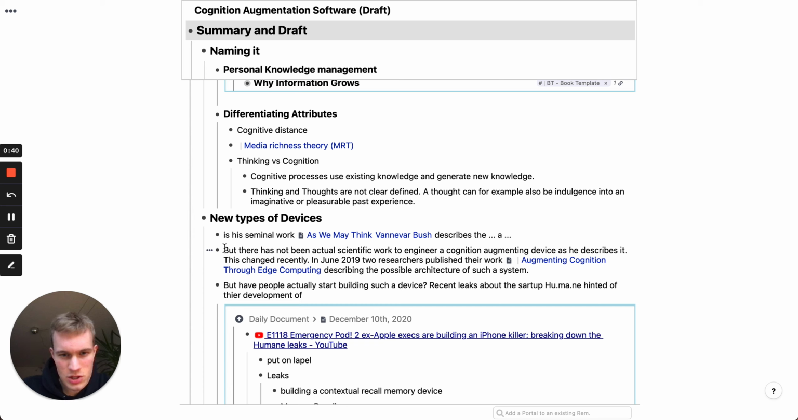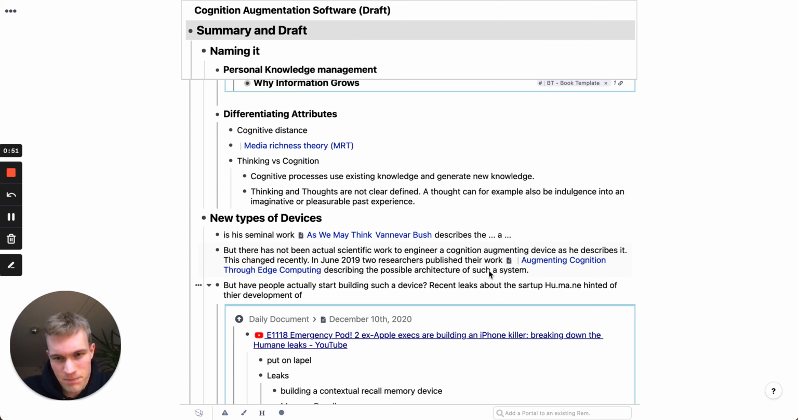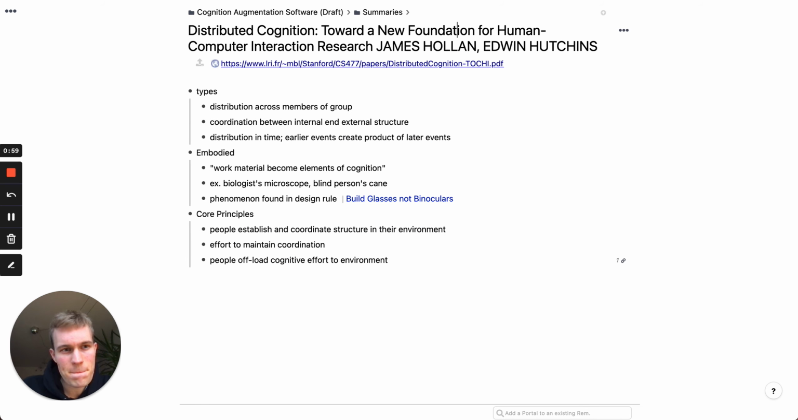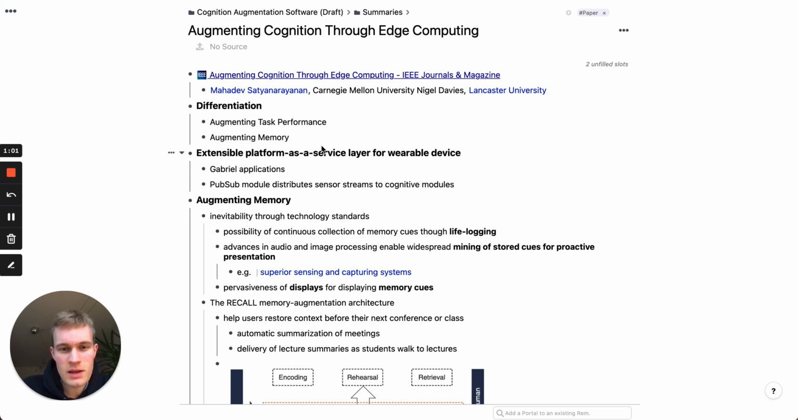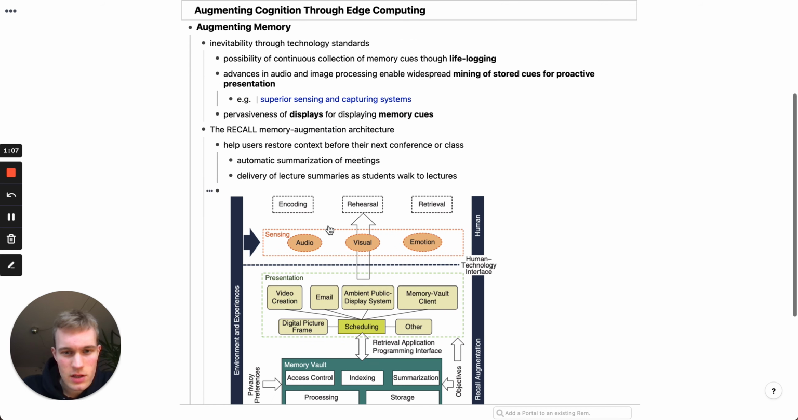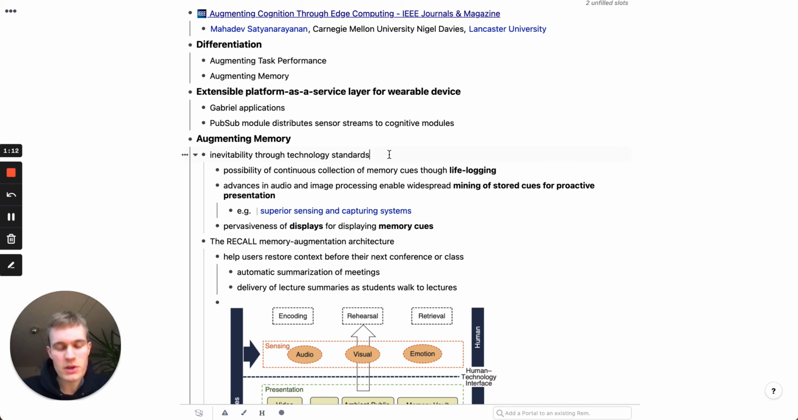And then I mention that there hasn't actually been scientific engineering work done on these kinds of devices, but in June 2019, they proposed this architecture. And when we go to this node, this was the one above, then we see I did some notes here, and then I could maybe in the article go into more detail on how the architecture will or could look like. And for example, just to show you this article, they talk about the inevitability through technology